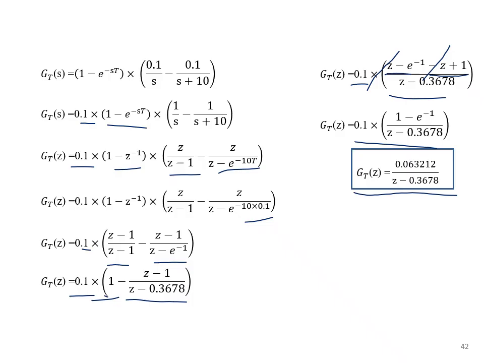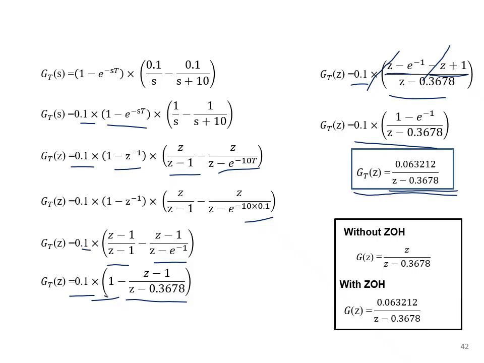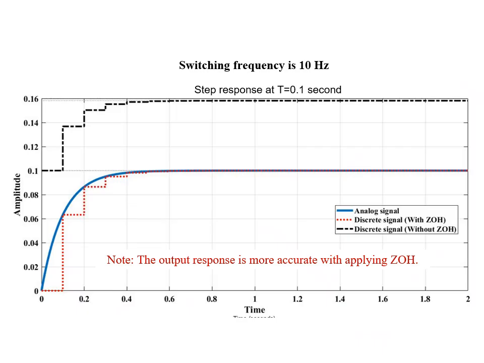Then G total of Z equals 0.06321 divided by Z minus 0.3678. So without zero order hold, G of Z equals Z divided by Z minus 0.368, and with zero order hold, G of Z equals 0.063212 divided by Z minus 0.3678. For a switching frequency equal to 10 Hz and sampling time T equals 0.1, we have the analog system,